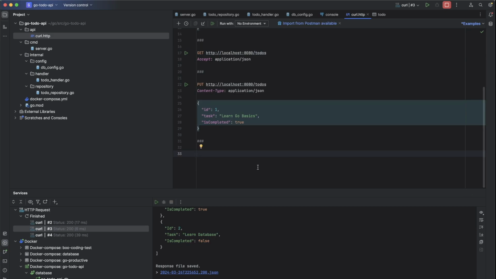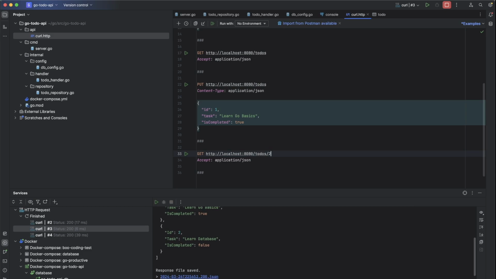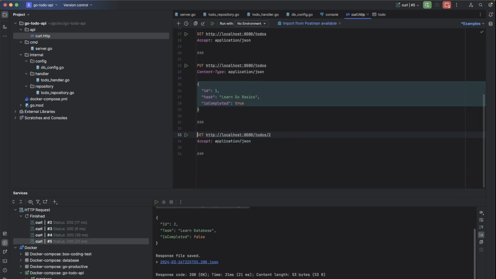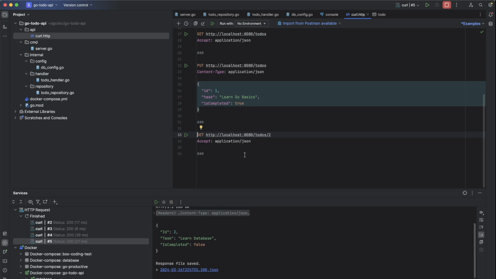So the last one, oh no, we still have two APIs for testing, which is get to do by ID and also delete to do by list of ID. Get to do by ID, localhost 8080 to do slash, let's try ID number 2. So it should be returning Learn Database, right? Okay, it's correct.